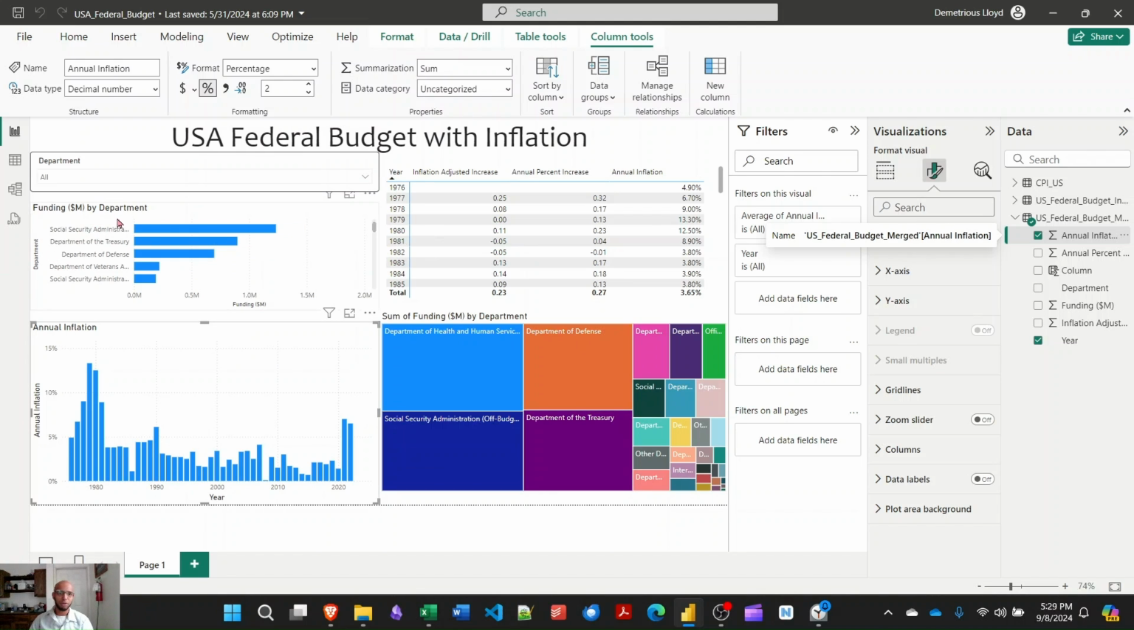And here we have our funding by departments. So Social Security is getting the most. The Treasury is the next. Department of Defense, third most funded. It's, yeah, a few $1 billion right there. Then you get a huge drop off with Veterans Affairs,